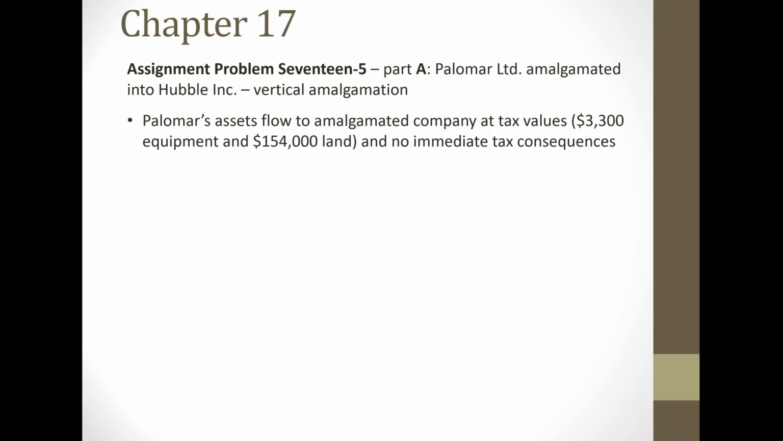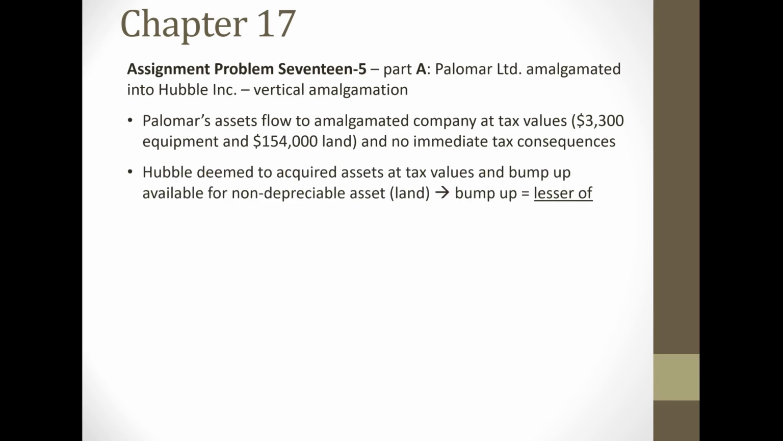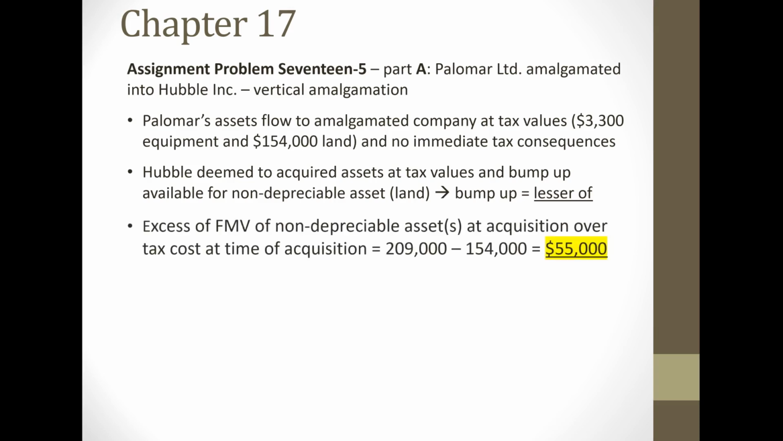And because all the assets are being flowed at the tax value, there's no immediate tax consequences. Now, Hubble is deemed to have acquired the assets at these tax values. Now, we need to determine then, is there going to be a bump up available for the non-depreciable assets? And the only non-depreciable asset is the land. Now, the formula that we have to use is the lesser of two amounts. The first one is the excess at the fair market value of the non-depreciable asset at the time of acquisition